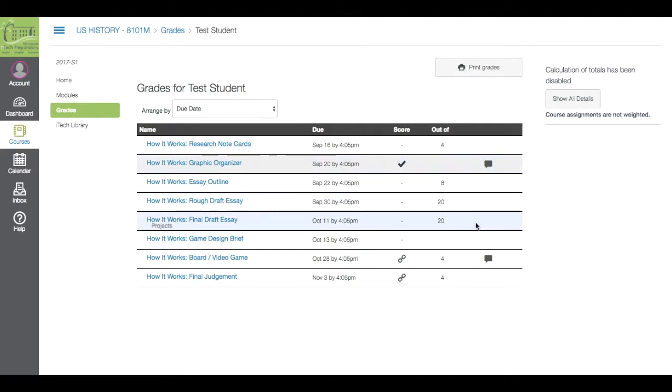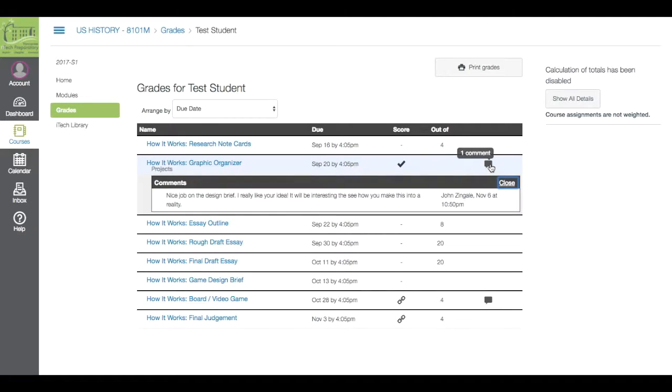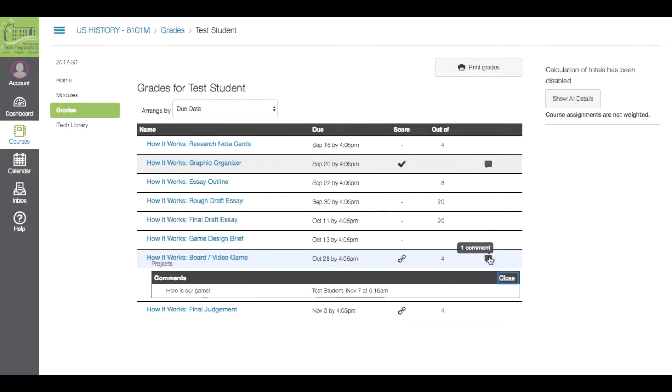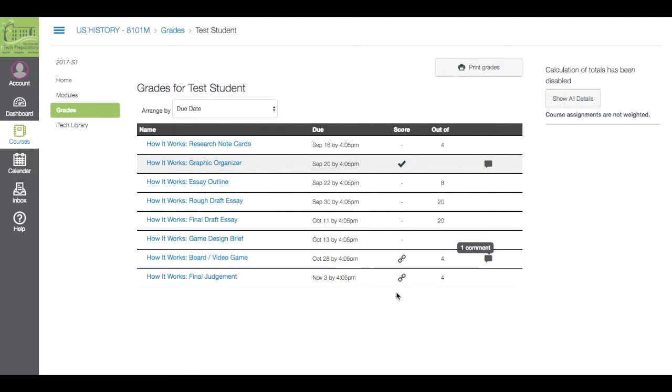This will give you a list that shows you what's been turned in and how it's been turned in. As we can see here, our graphic organizer has been turned in as from the check mark, and there's no points associated with it, so nothing there. And then you can click here and see the different comments that were left and when they were left. You can also see if an assignment was turned in, like our board game, we submitted it via a link, so it shows a little link icon here, and there's a comment left from the student to the teacher, here is our game. Once they are graded, this changes, and along with if there are comments left, you can view